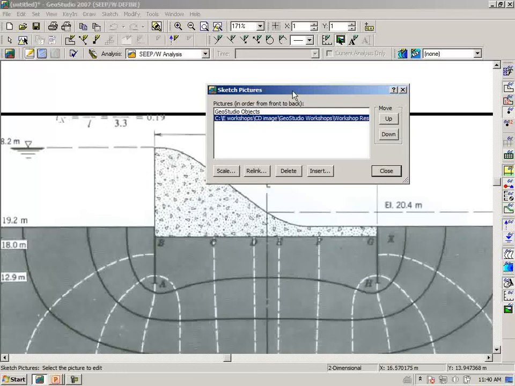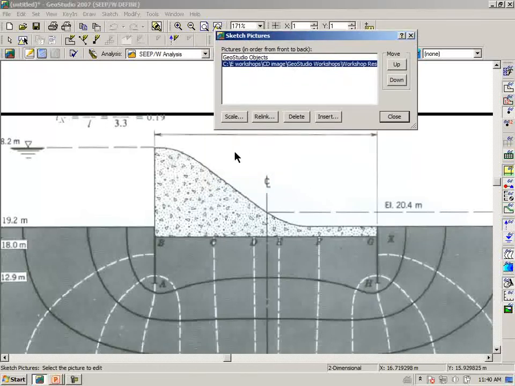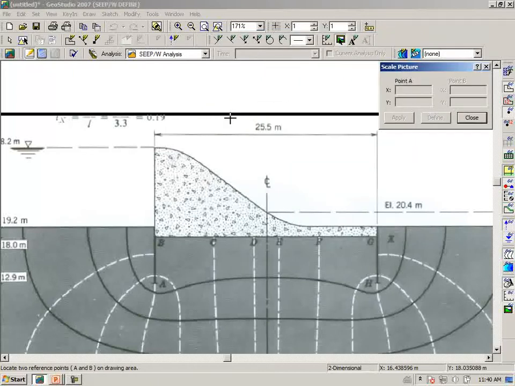Can now scale this bitmap by clicking on Scale. There are several points on this bitmap that we know the exact coordinates. The further apart these 2 points are, the better the scaling. They should be diagonally as far apart as possible. But in this particular case, I'm having a little difficulty knowing the exact dimensions, and so I'm going to